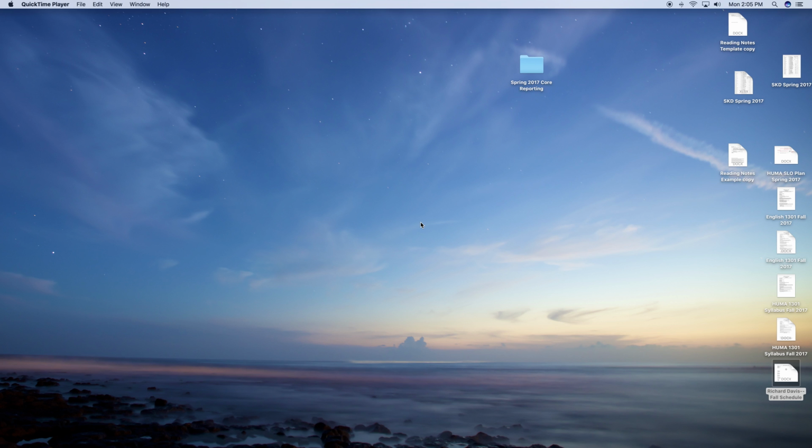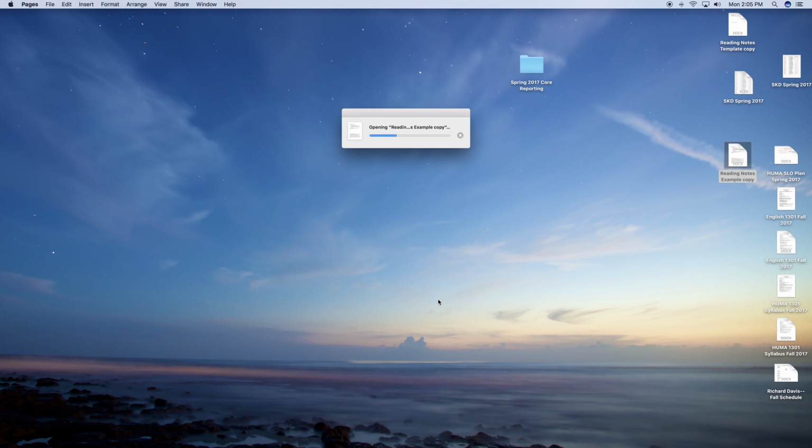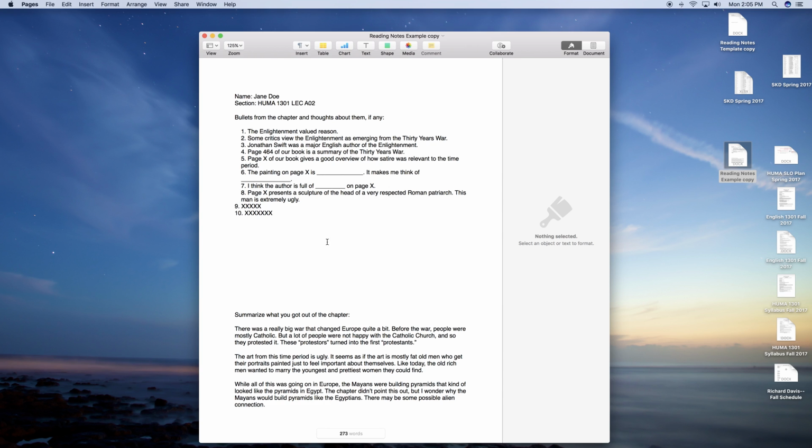Okay, this is a screencast on your reading notes example. On your reading notes example, there is a blank template in the actual assignment. This is a suggested way to do it. Really what I care about is you're showing, in at least 250 words, and you see here this is just 273, that you have read the material.